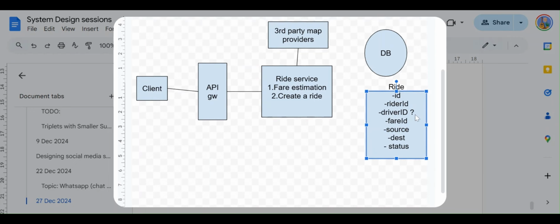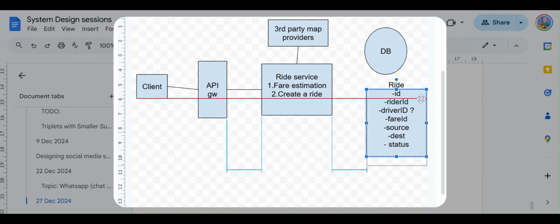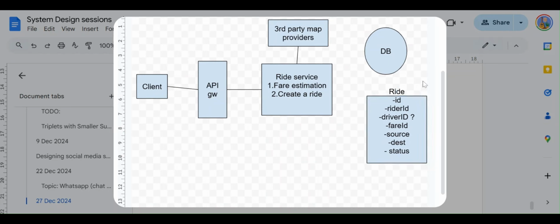Status basically means whether ride matching is in progress, or the ride is on the way, or it has started. So it could be an enum, and we can have pre-decided values inside it.